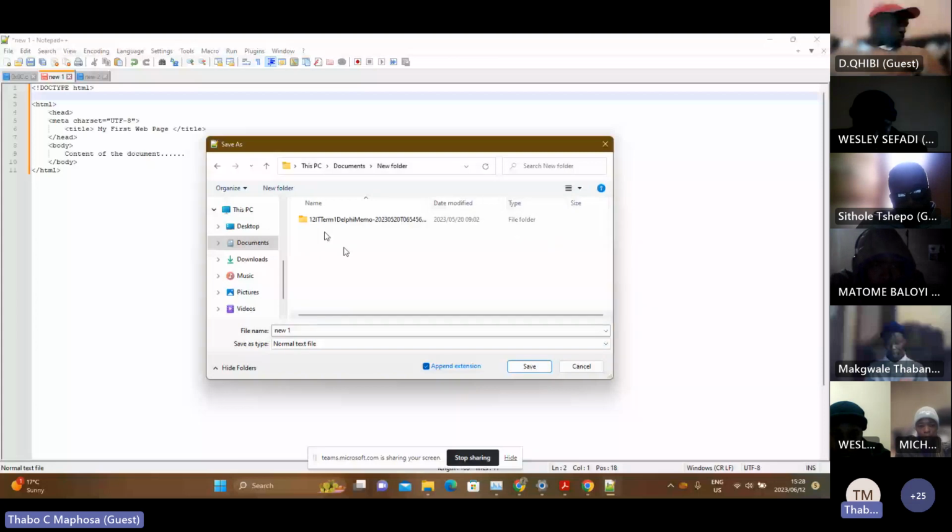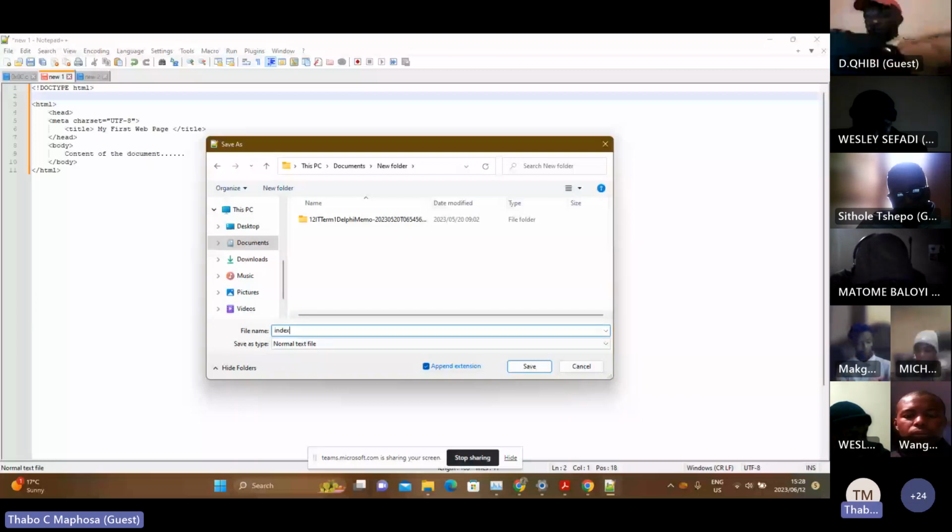So I'm just going to throw it here. Then I'm going to call it my first web page, like that. Or let me call it index. Nice ring to it. And then I'll come here and then save as. Notice here, save as type.